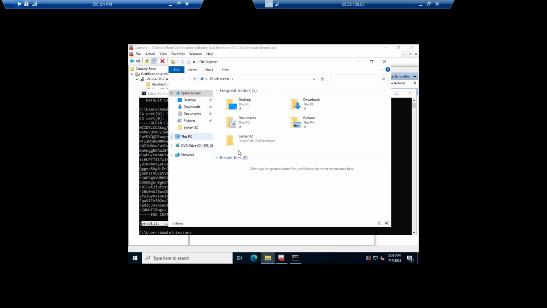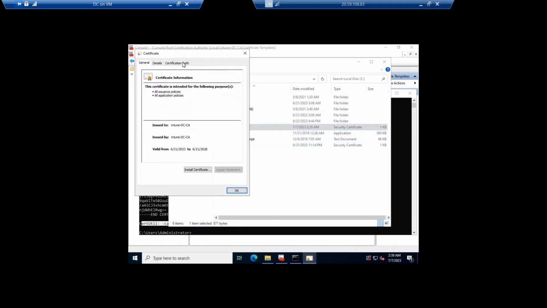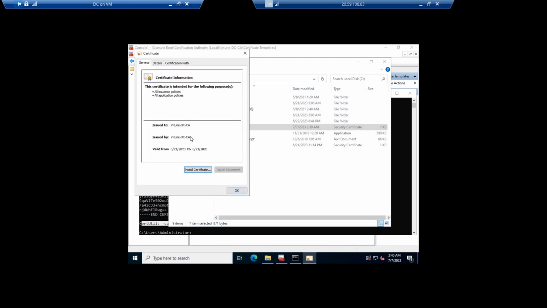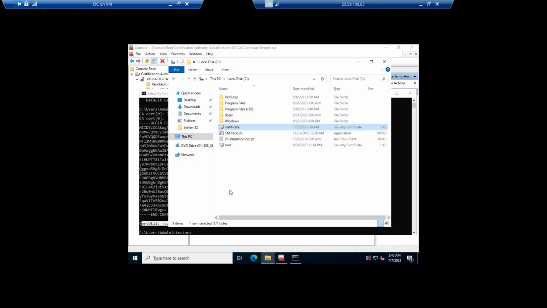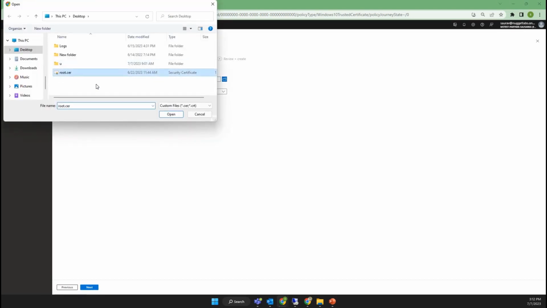So let me just show it to you guys again. If I just double click and open this certificate, if I go to the certification path, it only has Intune DCC. This is the name of the CA, and this has been issued by the CA and issued to the CA, valid for 5 years. Okay, this is the root certificate which all the devices must have so that they can trust any client or server authentication certificate. So back at the portal over here, I'm going to browse to the location,